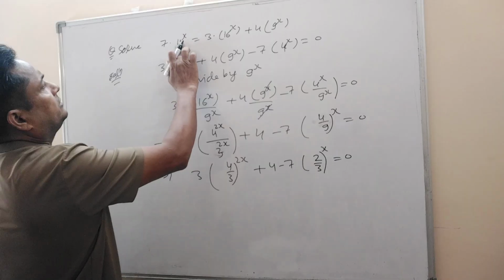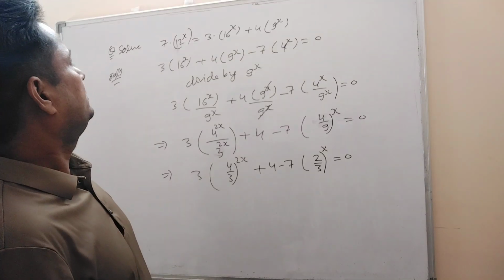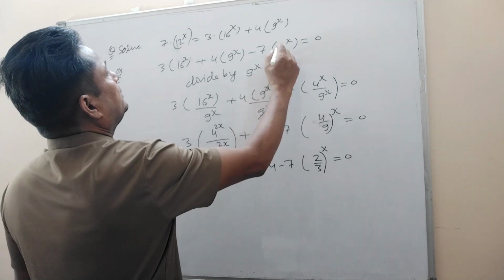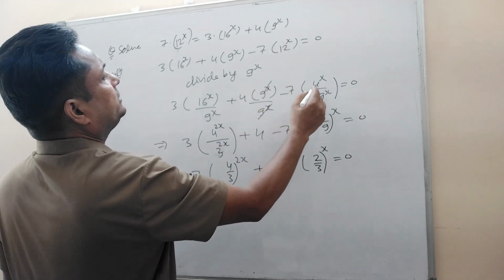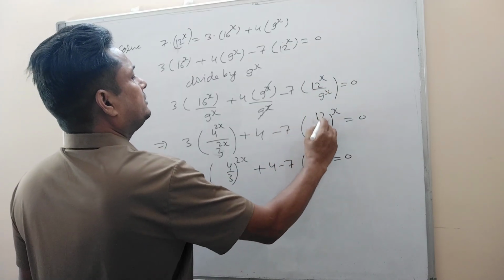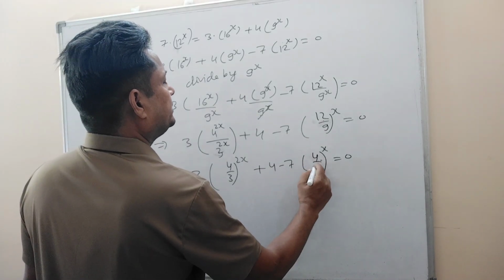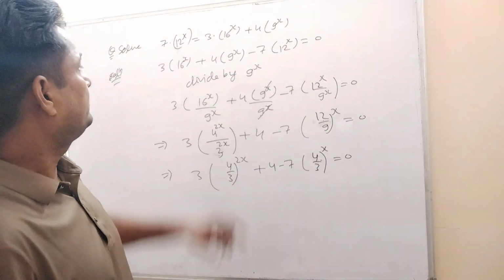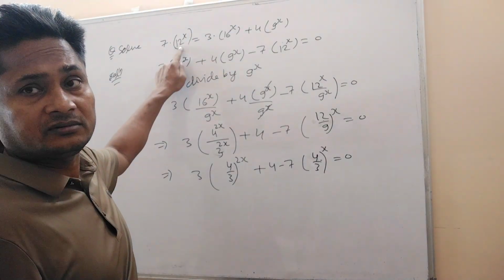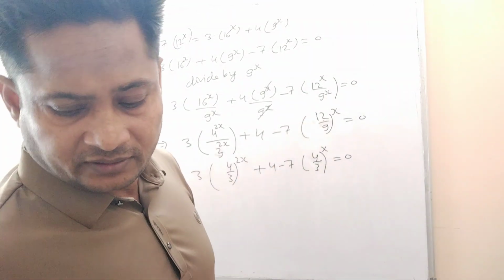There is a mistake here. Here this is what? 12 to the power x, not 16, not 4 to the power x. So it will be how much here? Here it will be 12 to the power x. So this will be written as what? 12 to the power x by this. So this is 12 to the power x divided by this. This will be how much? This will be 4 by 3. Right. There, instead of 4 to the power x here, in the question it is given 12 to the power x. Otherwise, in the previous case, that will not be solvable.